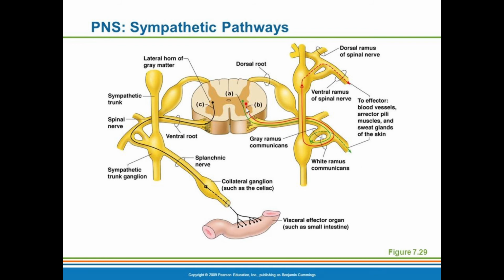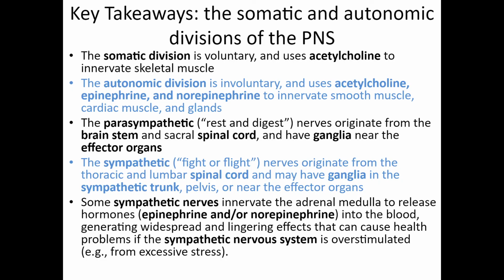Or alternatively, you could follow the red neuron. You could have a neuron that originates in this cross section of the spinal cord that then would go out, and it would go up to a different level in the ganglion on a different level of the sympathetic trunk, which would then synapse with a neuron and go out to target organs to do things like open up your blood vessels, cause your heart to pump faster, cause your muscles to prime up, things like that. Okay, so those are the three pathways for the sympathetic nervous system,